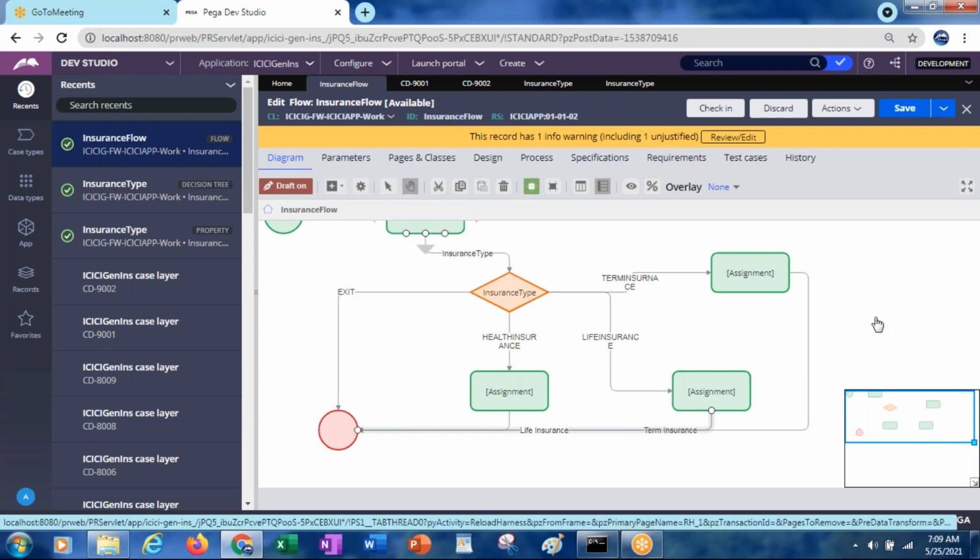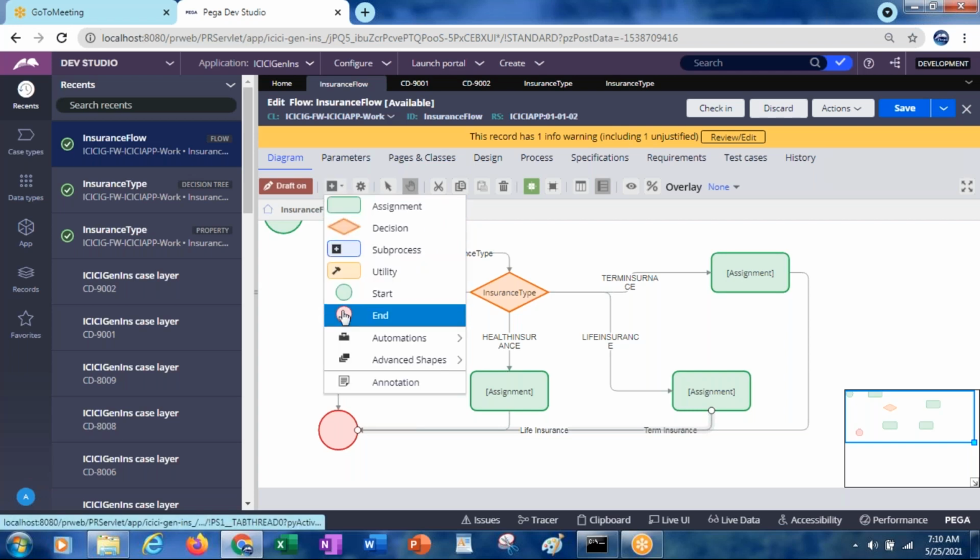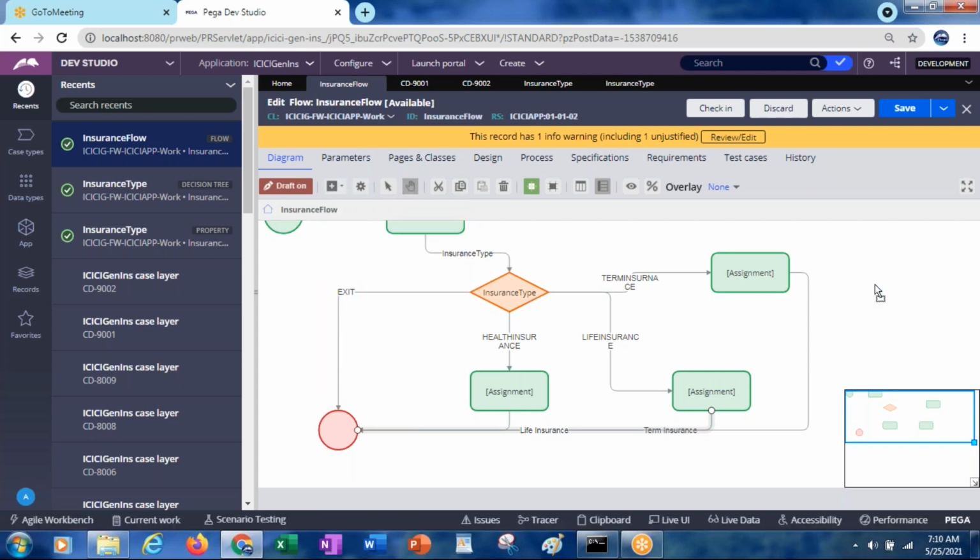So in case you feel that this flow is a little difficult to understand, just for convenience or understanding purpose, we can have multiple end shapes. Now these two assignment shapes I can name here itself, like this.